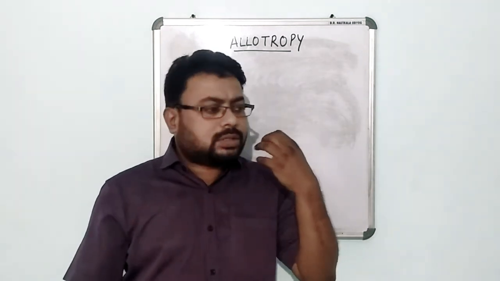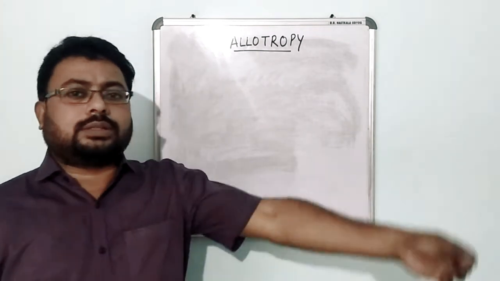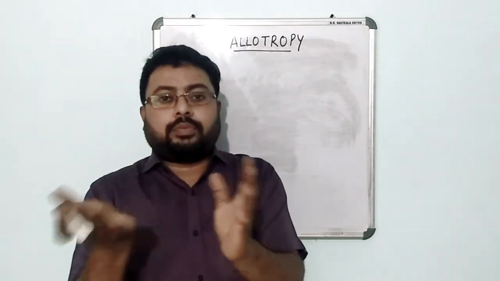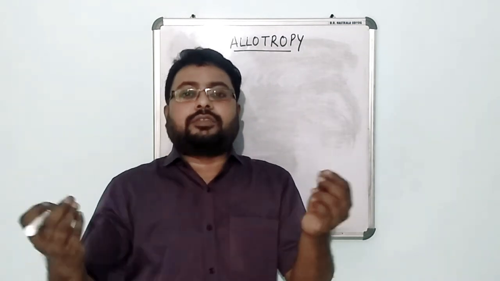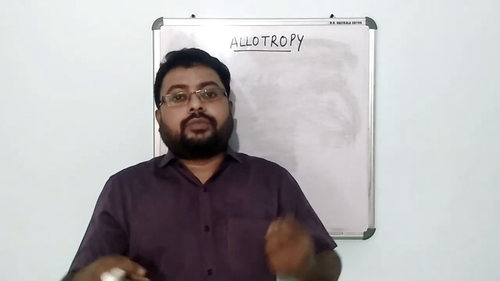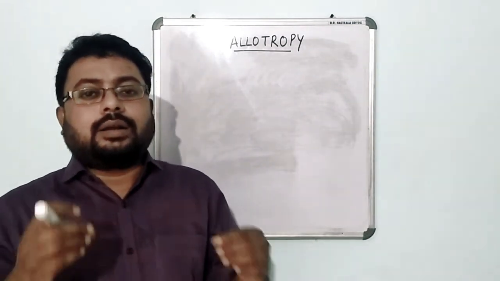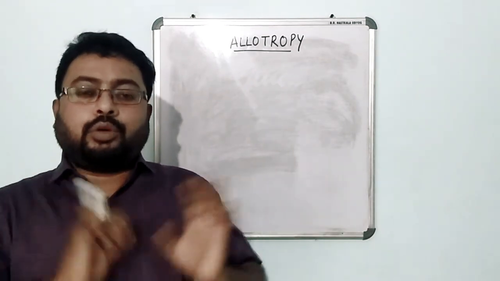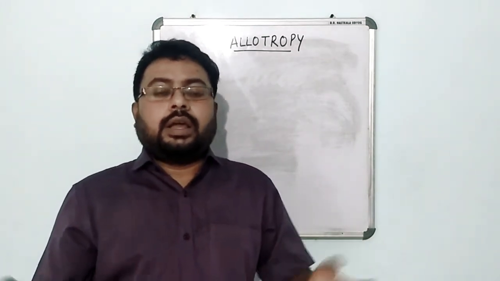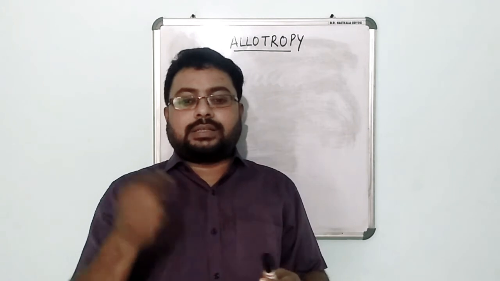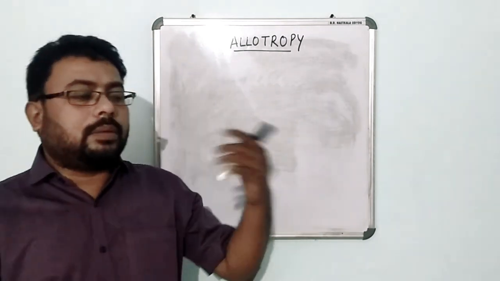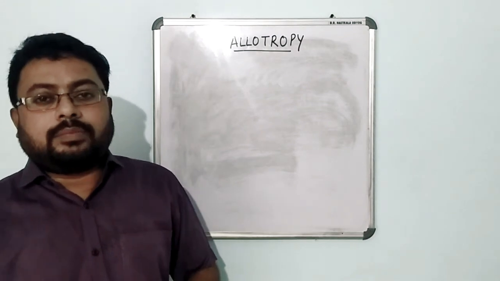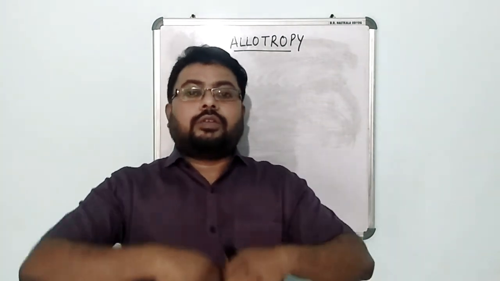You will be able to make out, okay, this is coal, and once we get a polished diamond, of course it is diamond, right? Because they have marked differences. But you know that both of them are nothing but carbon. If you take graphite, the pencil lead has got graphite in it, right? If you compare graphite with diamond, you will find again a lot of differences.